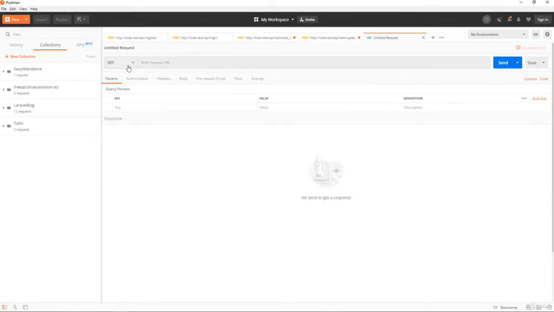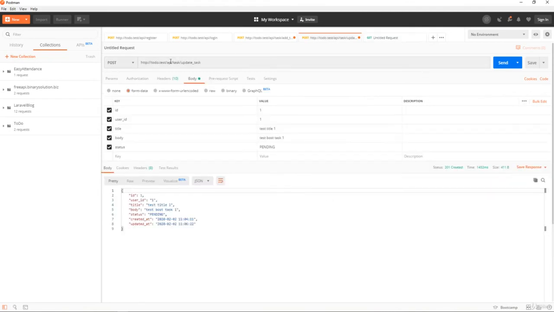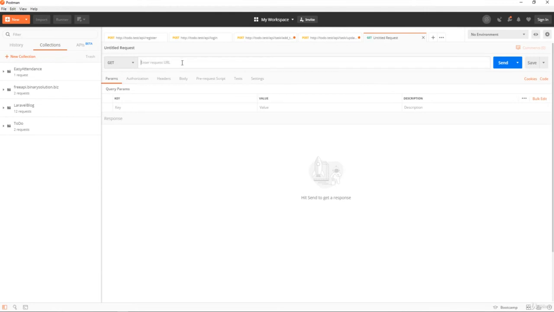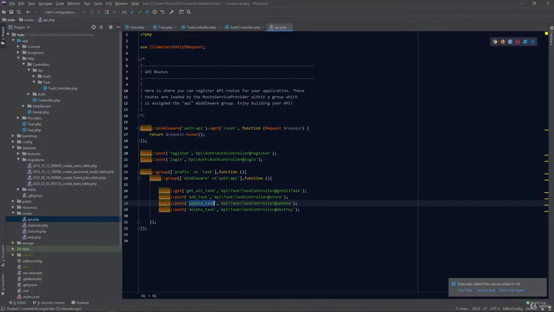Okay, get. We will use a get method over here, and that is to get all of the tasks. So just copy and paste it over here, and we have a route of our endpoint, get all tasks.